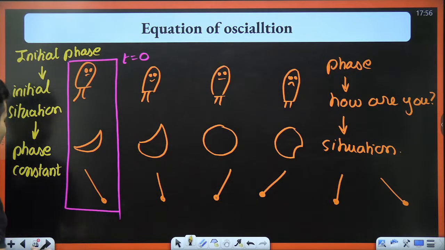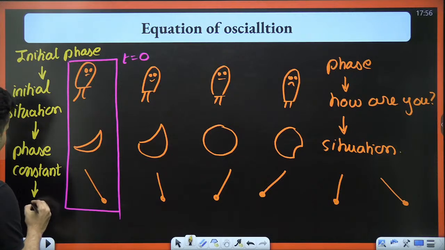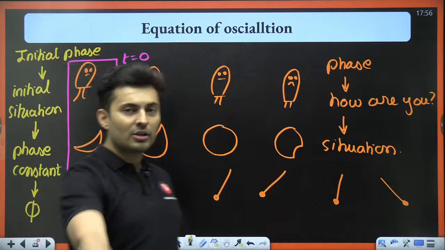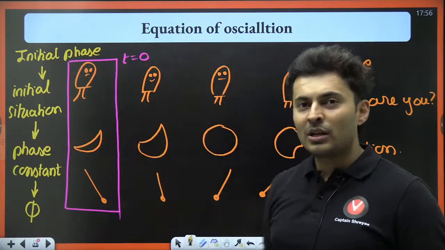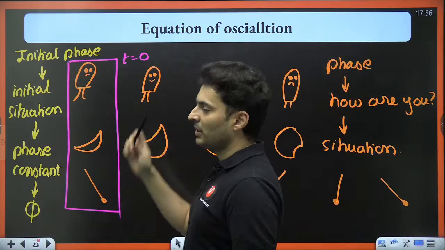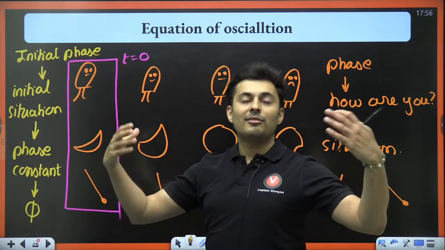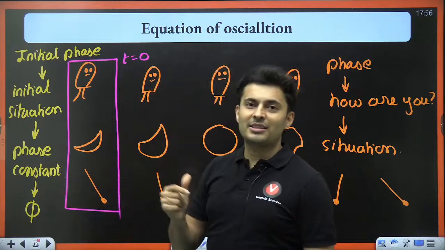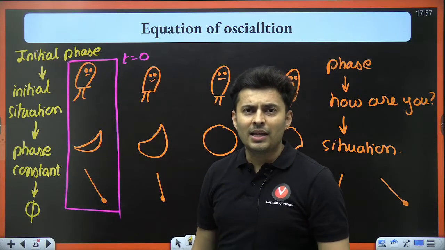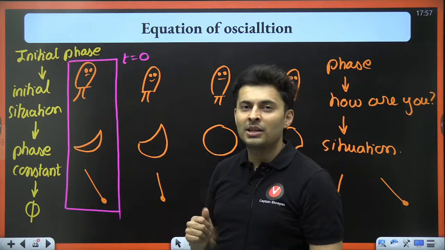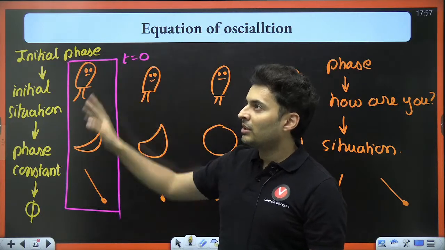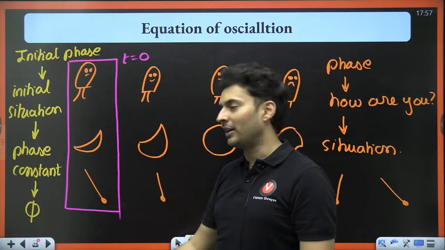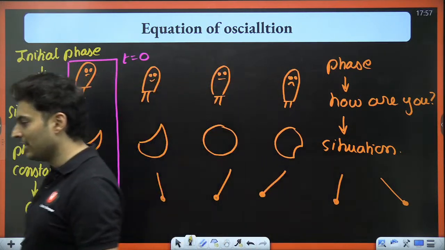Now, what is the symbol for phase constant? The symbol for phase constant is just phi. What is the symbol for phase constant, my dear students? Phi. So, when Pandu began his relationship, his initial phase would be represented by phi. If I ask Pandu, what is your phi? He'll be like, with Champa, when I started meeting this Champa, that time it was very nice, sir. Love at first sight. That is Pandu's phi. Understood? I hope this is very, very clear.